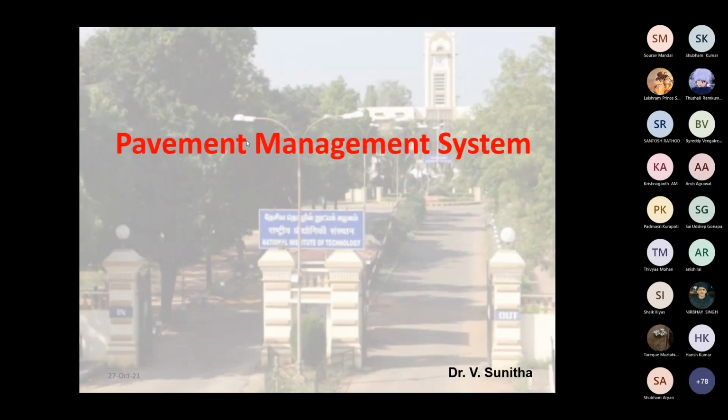Okay, so there we have seen the distresses. Next comes the maintenance part or management part. This is pavement management. Of course, we have seen the distresses. There are different types of distresses, both in flexible and rigid pavement. Whenever you are designing the pavement, you design it say for 10 years, 15 years. If it is rigid pavement, maybe for 30 or 40 years.